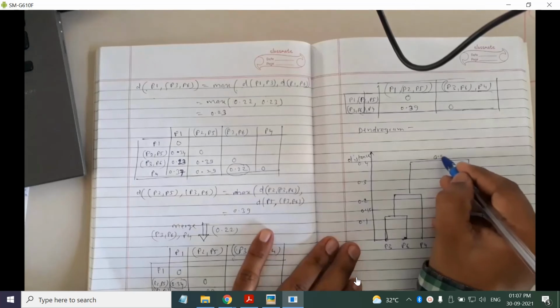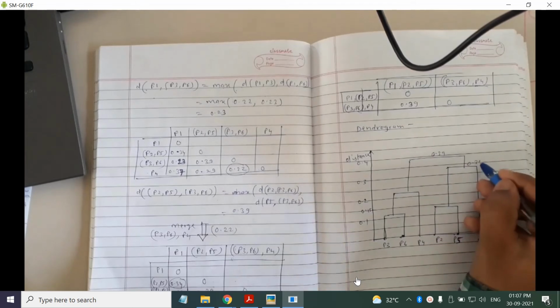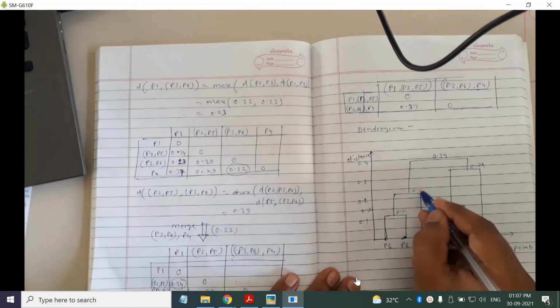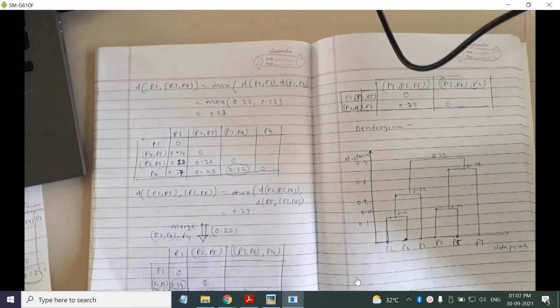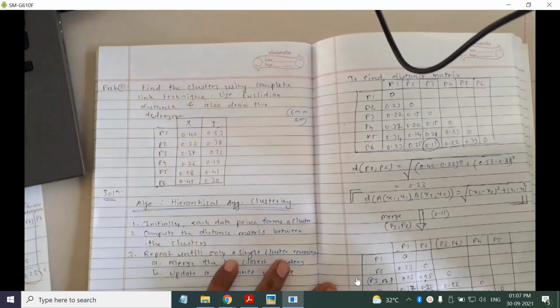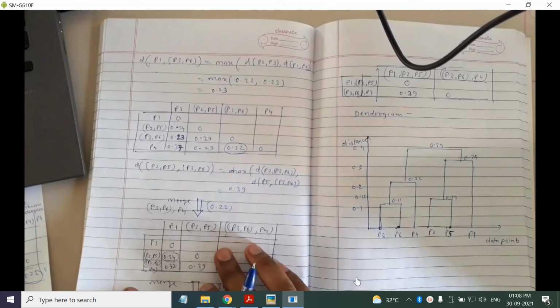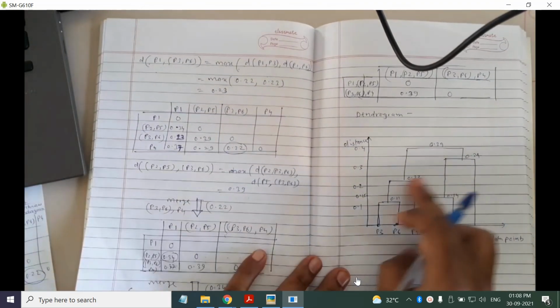So I can write the distances here, 0.34, 0.11, 0.14, 0.22, okay. So any doubt? Okay, so the procedure remains the same, okay, but you have to try. Now you try this problem using single linkage and see whether you get different clustering or not, okay, and definitely you will get different clustering, okay.